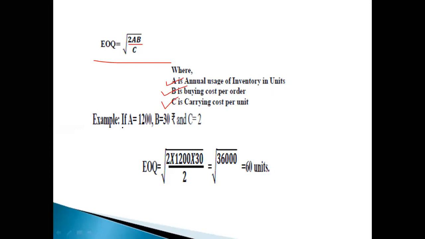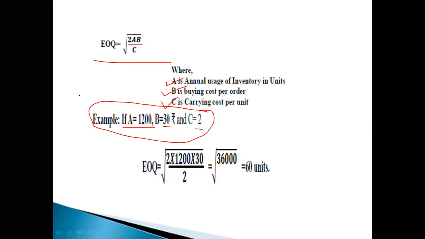If A is 1200, that is annual usage of inventory units, B is the buying cost per order, 30, and C is 2 rupees carrying cost, if you put all the figures